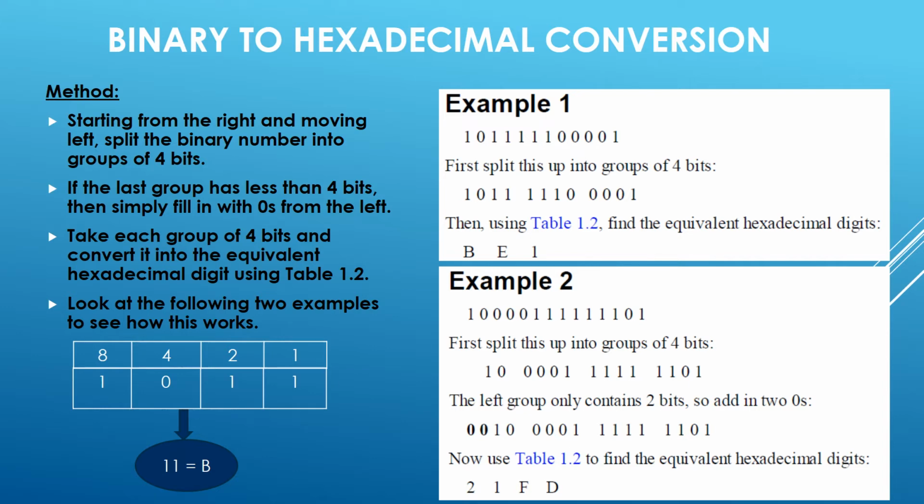For the next group, the number is 1110. If we put the binary notation on this number, 1, 2, 4, 8, and we add the binary notation whose value is 1, that gives us 8 plus 4 plus 2, which is 14, and in table 1.2 you can see 14 is equivalent to E, and the last group